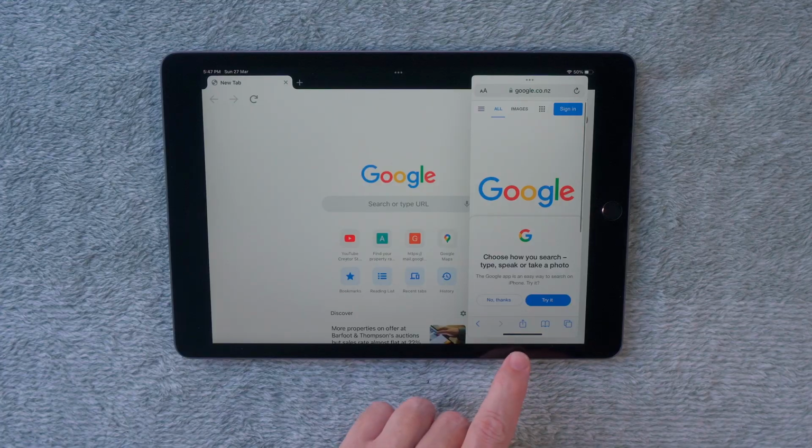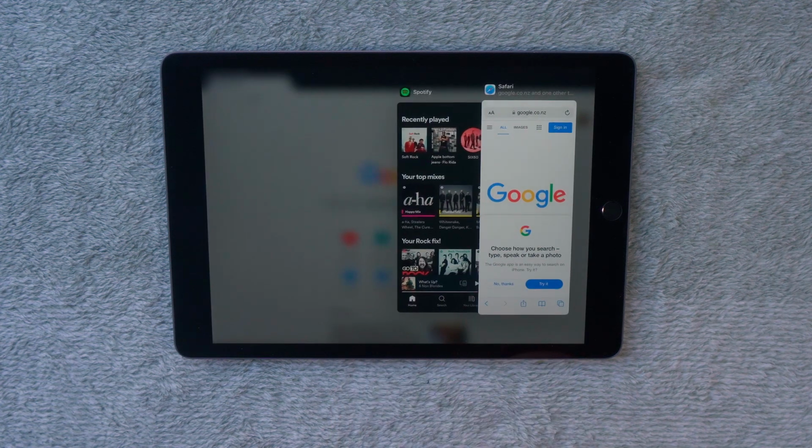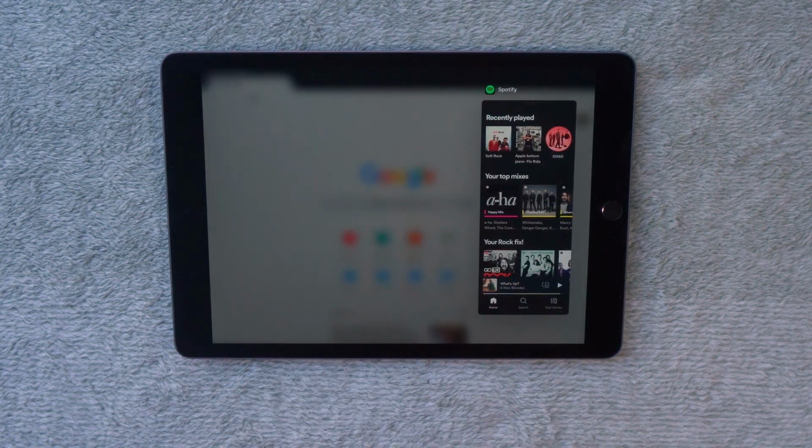It just makes slide over apps so super easy, especially for those things that you want to be present and easily accessible, but without taking up too much of your screen. And if you do want to close any of the slide over apps, simply swipe up from the bottom right of the screen just a little bit, and then whichever app you want to close, just swipe up over the top of it, and it will disappear.